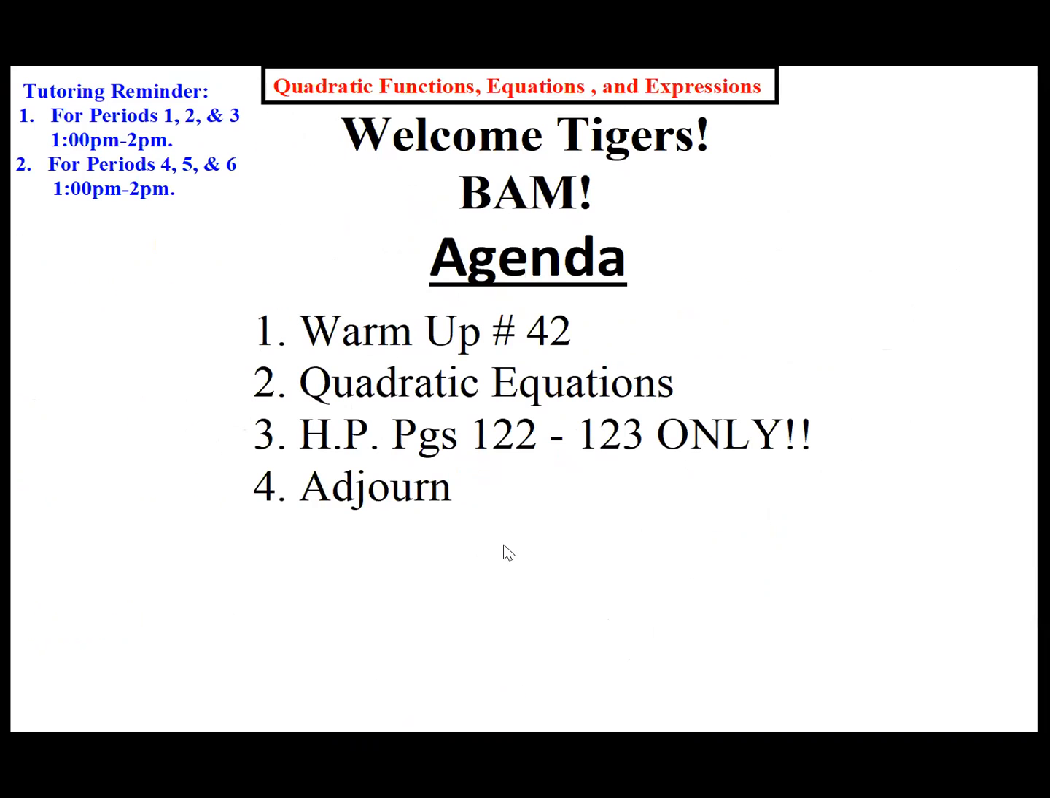Our agenda for today: warm-up number 42. We are still in quadratic equations, and our home plate for today is only 2 pages, 122 and 123 only. And once again, as we are moving forward and our concepts are getting a little bit more rigorous, make sure those of you that need the extra support attend tutoring right after lunch, especially today since we're moving on to